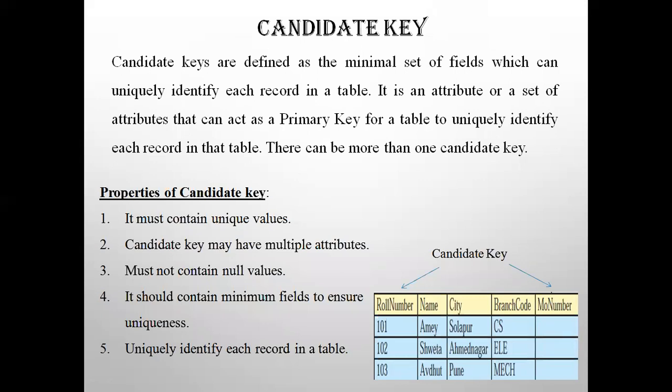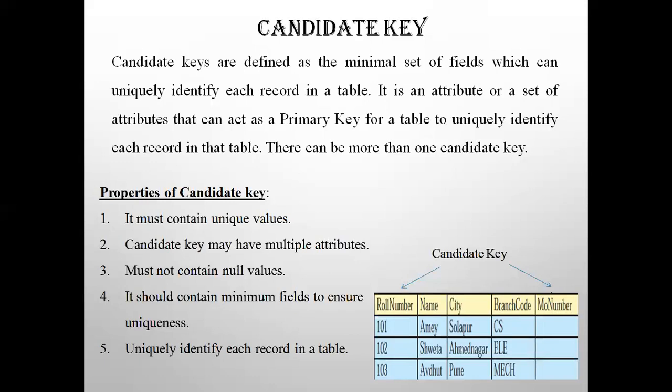A relation can have one or more attributes that take unique values. Relation means a table I am referring to here. Any of these attributes can be used to uniquely identify the tuples in the relation. Such attributes are called candidate keys, as each of them is a candidate for the primary key.